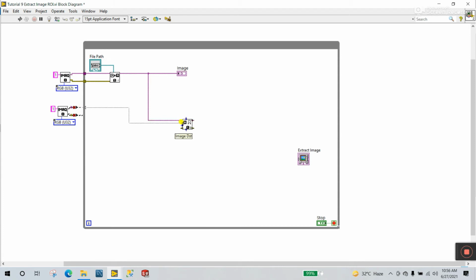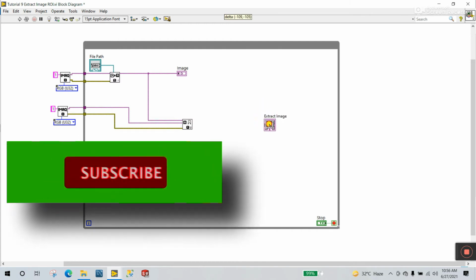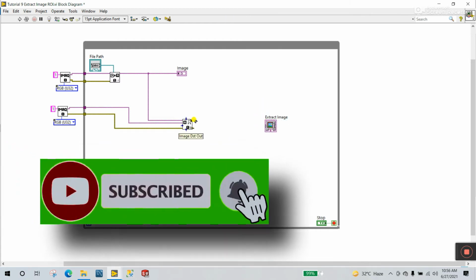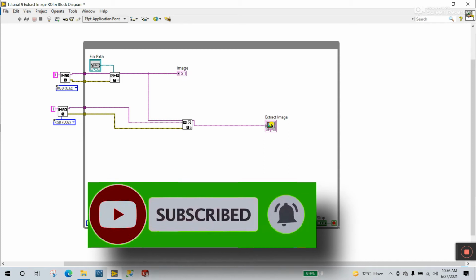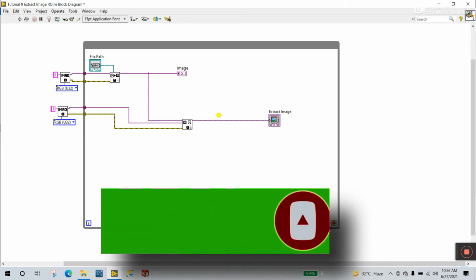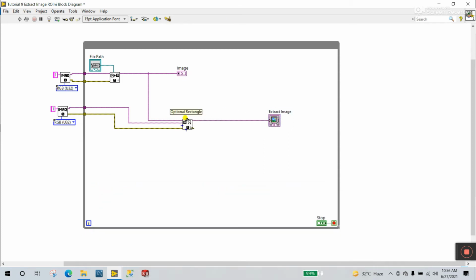You see image destination like this. And you see the error in the cluster, connect to this one. The next one is image destination out. This is your output. Now connect to this one and connect to this terminal. Yes, all done.